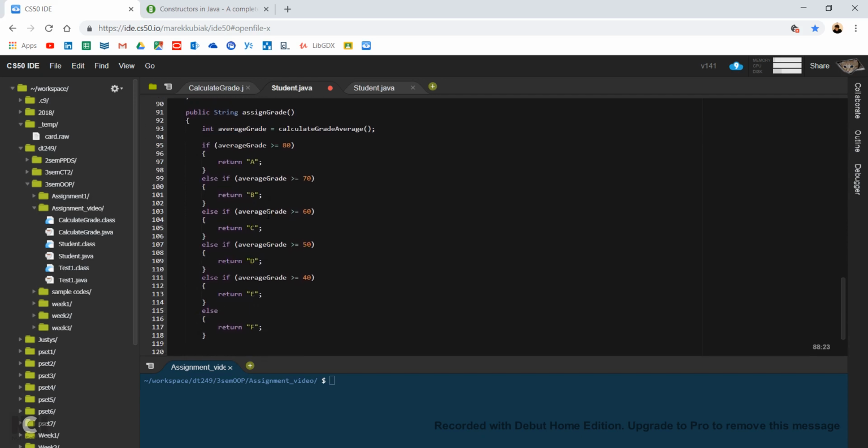And the next bit here is the string assignGrade, public string assignGrade. That's the method that will return a letter for the grade based on those criteria. So if it's higher than 80, then give me A. Else, if it's greater than 70, return B. Else if, and else if is the key keyword here, because you see, for example, if you go for 70,